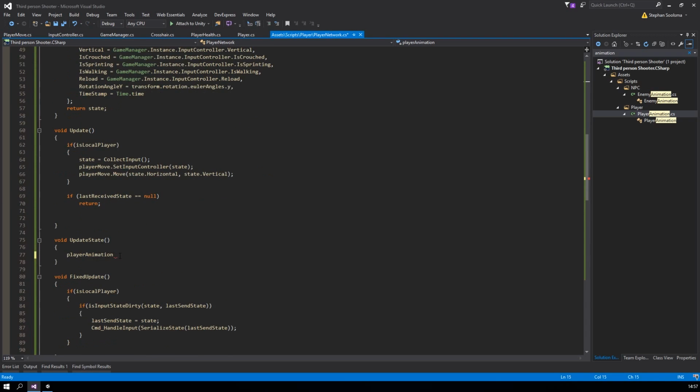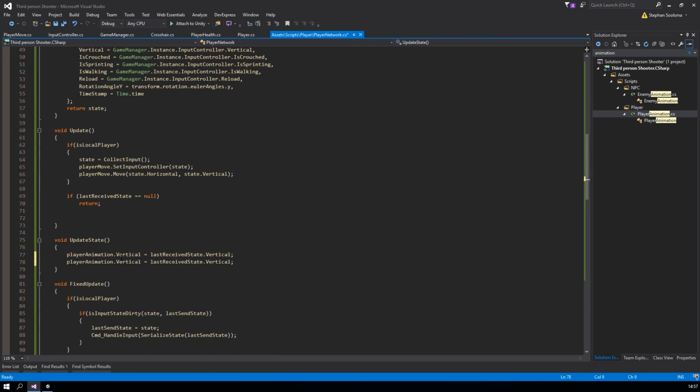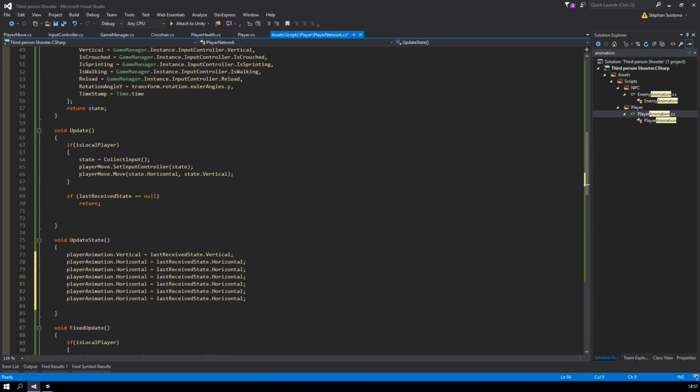And now in our update state, player animation vertical equals last received state vertical. And also do it for the horizontal. Let's make a few more. I believe we have is walking, is sprinting, is crouched, is aiming, is in cover, and